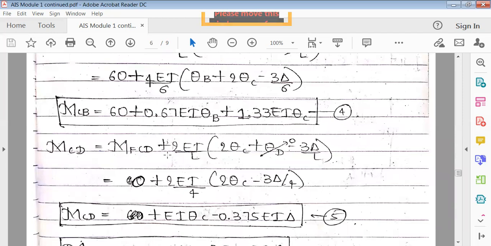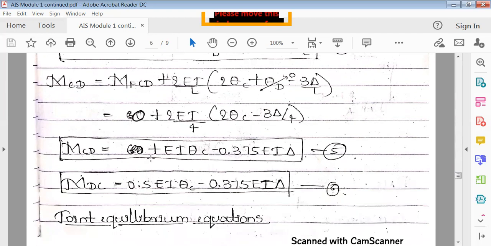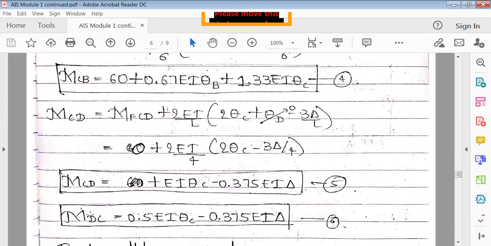MCD is equal to MFCD plus 2EI by L, then 2 times theta C plus theta D minus 3 delta by L. So again, CD is deflecting. So this is 0, MFCD is 0. Substitute all the values here. Theta D is 0 because of the fixed support. So this is MCD. And then finally, this is